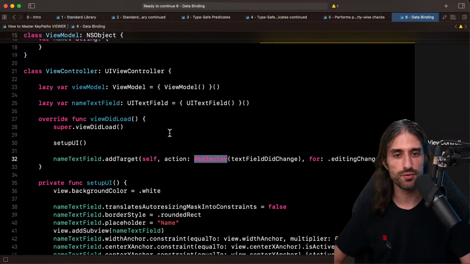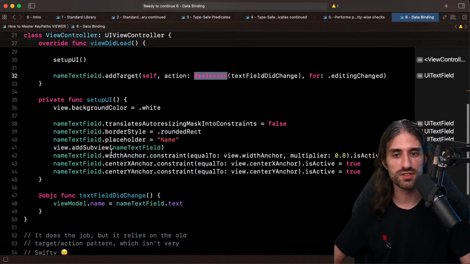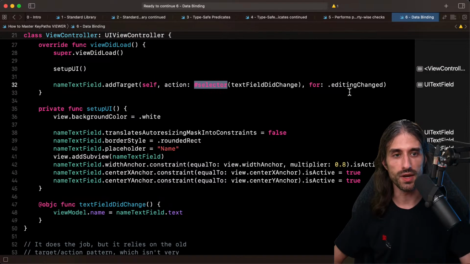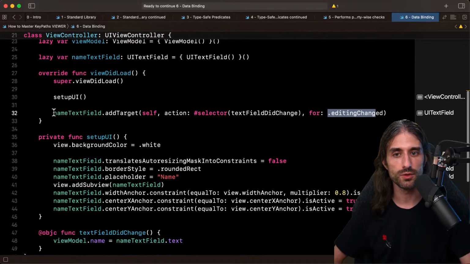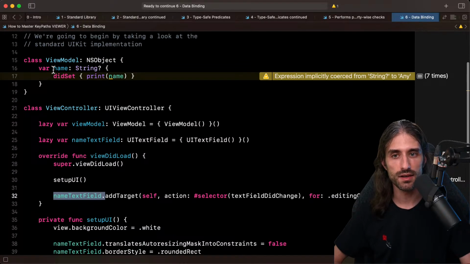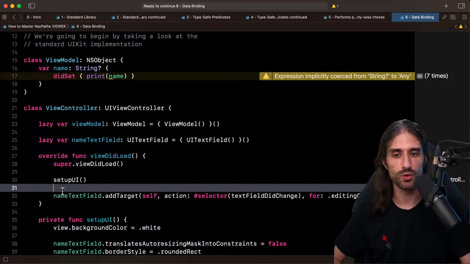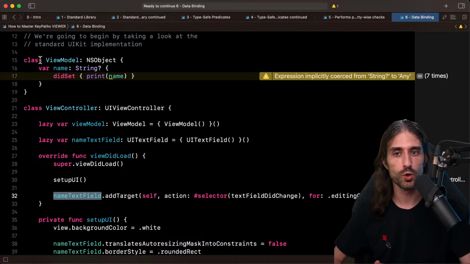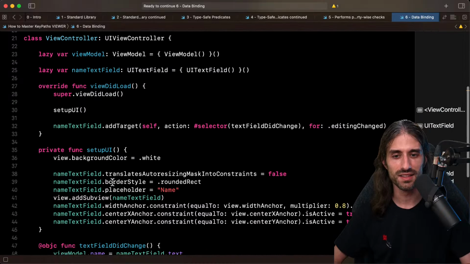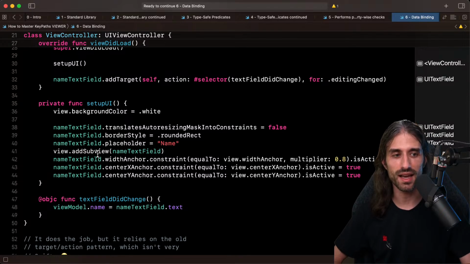And so it would be pretty cool if we had a way to implement a binding where we could say that the text in the text field is bound to the property name on the view model. And when you say that you want to bind a property on a first object to a property on a second object, then the idea of using a key path kind of comes naturally to mind. So let's try and implement this, and then just after we'll go back to the topic of key paths on optionals.